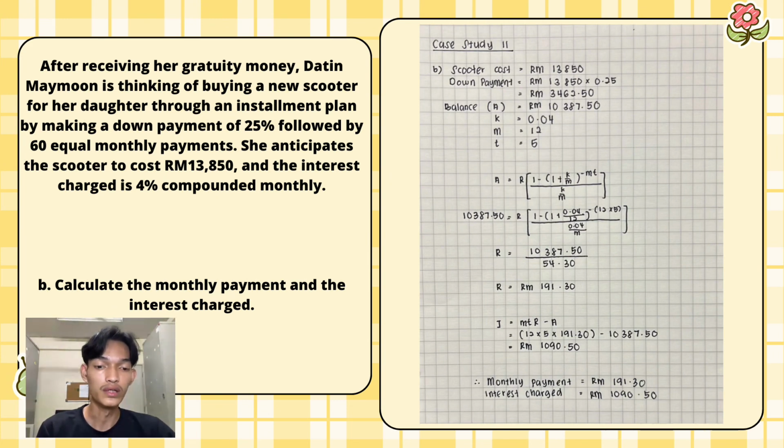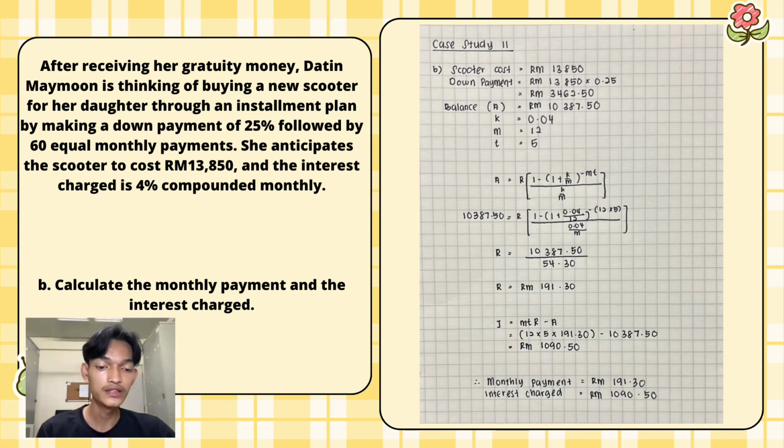This amount will be our A. The 4% rate will be our K. The term is 5 years because 60 divided by 12. Then our M will be 12 because it is compounded monthly. The formula that we use in this equation is A equals R times 1 minus 1 plus K over M to the power of negative MT, over K over M. What we want to find here is R, the monthly payment. Then we just put in all the information that we have and we will get R equals 191 ringgit 30